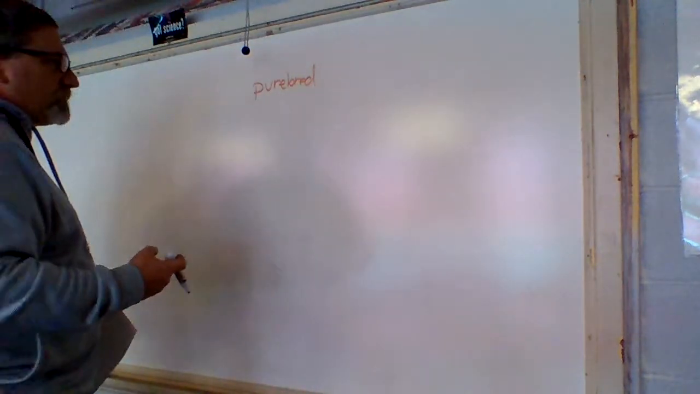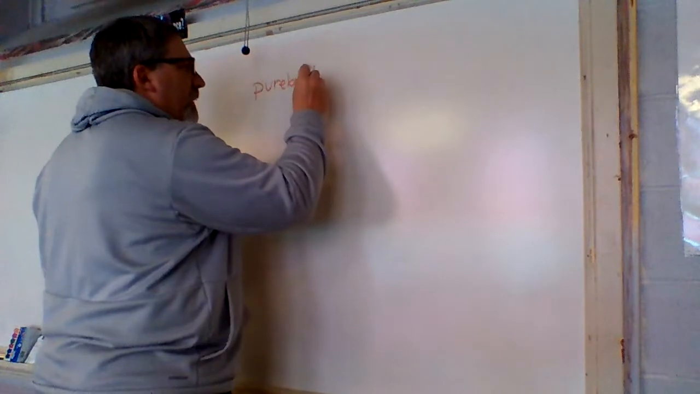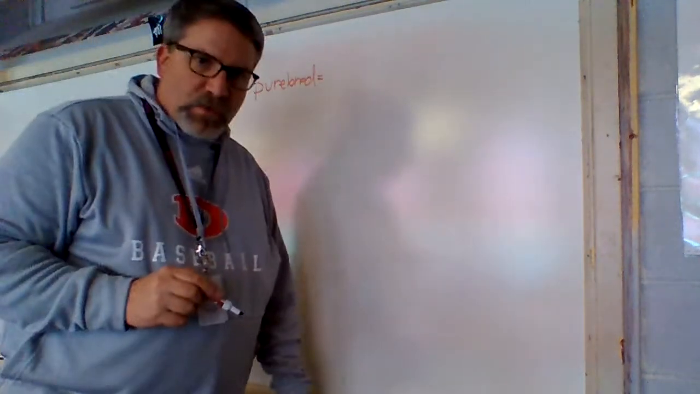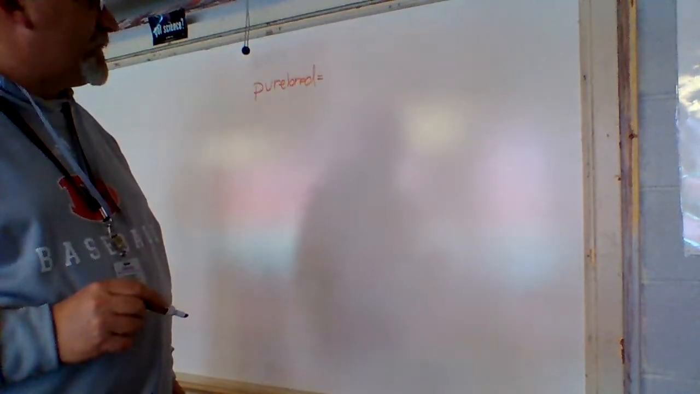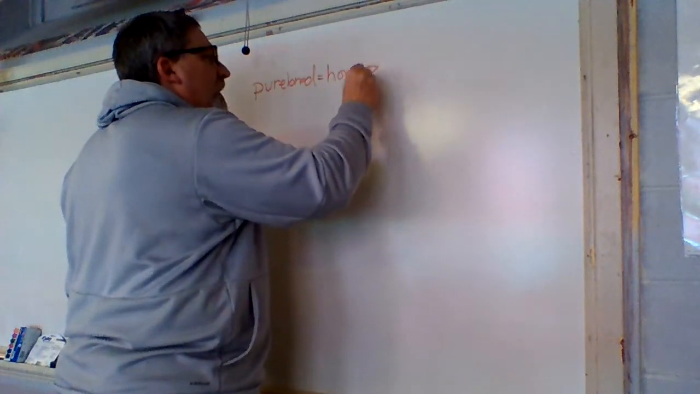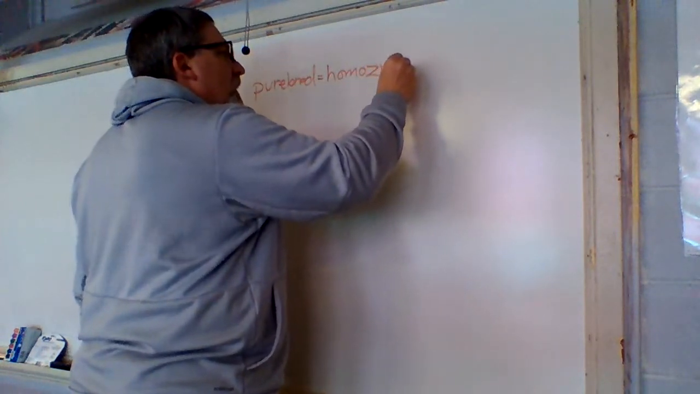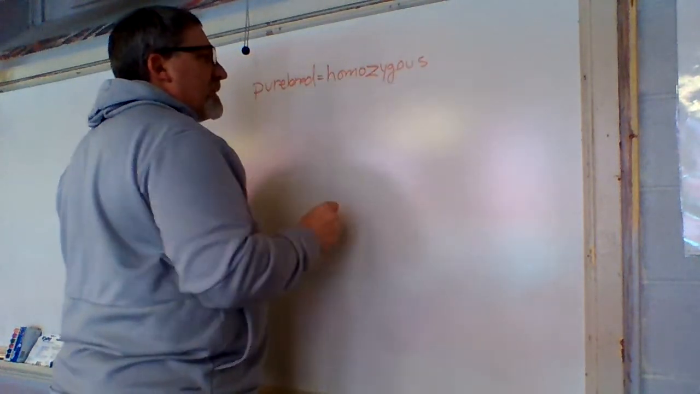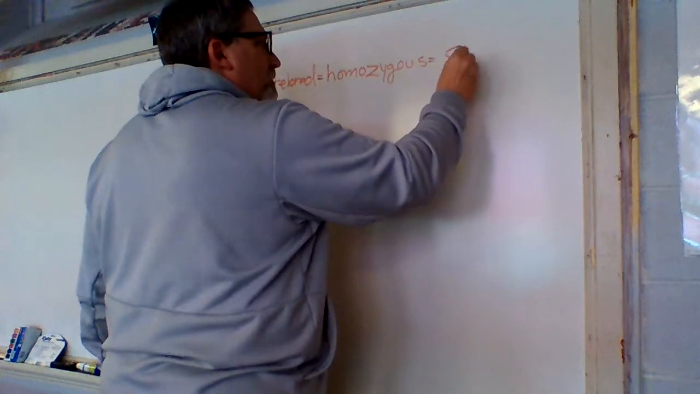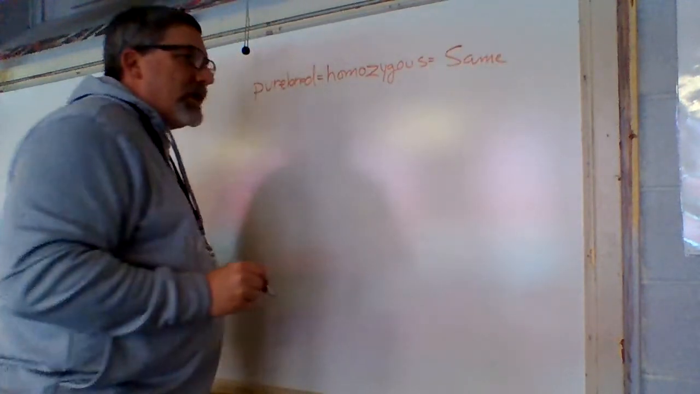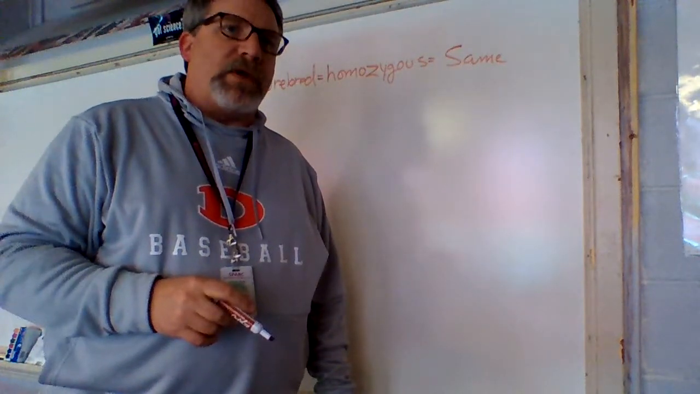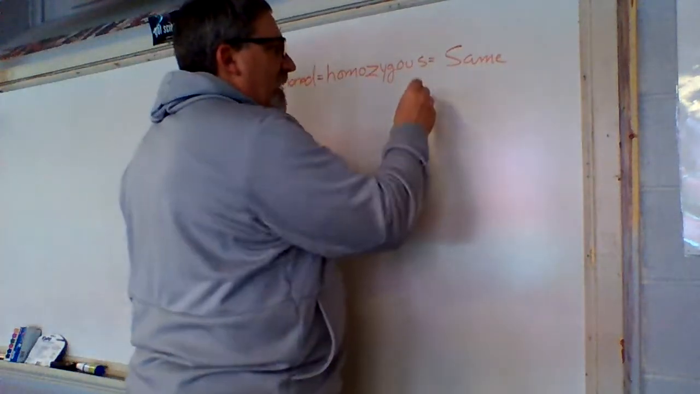Now, another way of saying purebred, I'm going to put purebred is also equal to another term that we use quite often when we're teaching this, which is homozygous. Homozygous means that you have the same allele combination. And I'm going to put same. When I say that, what I mean is when we're putting these alleles up, we are talking about having the same